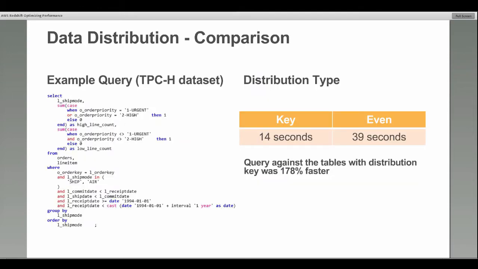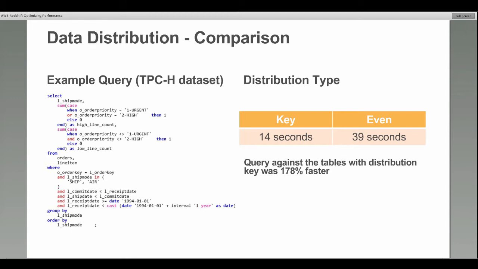I've put together an example for all of you to look at, and this one is based on the TPC-H dataset. This is the Transaction Processing Performance Council dataset. This dataset is available to you to download and test out yourself. What I did here is I created two different sets of tables. So I have an orders table, I have a line item table, and I created those two tables with the